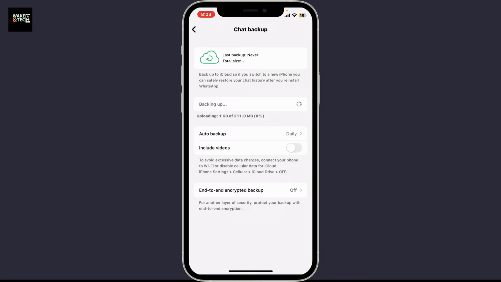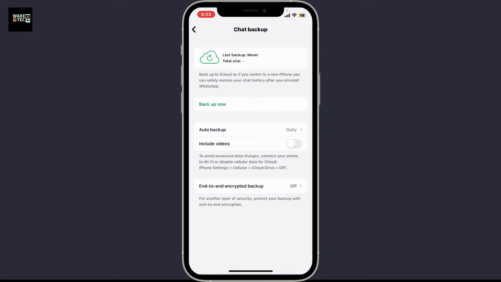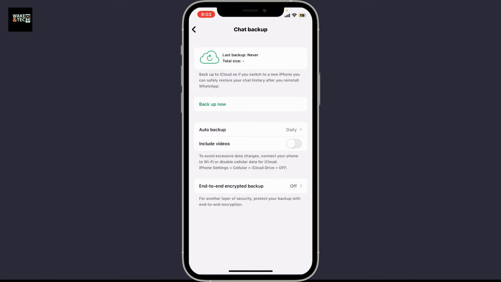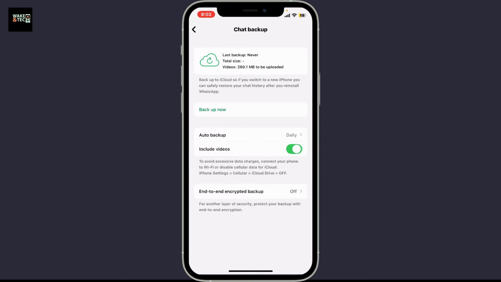Wait for a couple of minutes. If you want to enable auto backup, tap on auto backup and choose the backup frequency from daily, weekly or monthly. After making the selection, you will also be able to enable auto backup on WhatsApp. If you want to include videos in backup, you will need to go ahead and toggle on the button right next to include videos. And once you are done with the backup, your chats and media are safely backed up